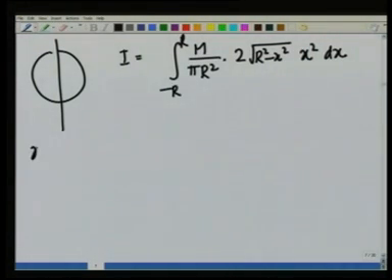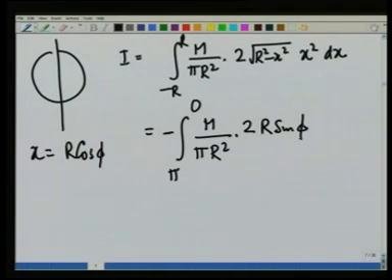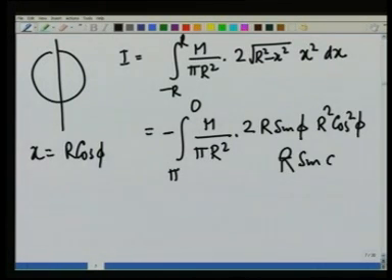I have taken x to be equal to r cosine of phi, and with that this integral changes to pi to 0 with a minus sign in front, m over pi r square times 2 square root of r square minus x square, this will become r sin phi, x square is going to be r square cosine square phi, dx is going to be r sin phi d phi. I have already taken care of the minus sign outside,